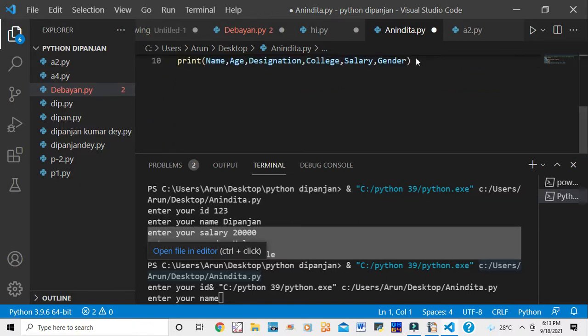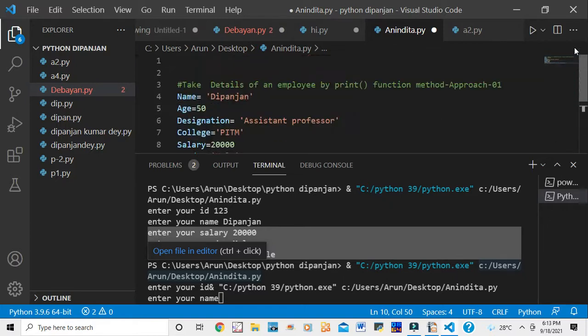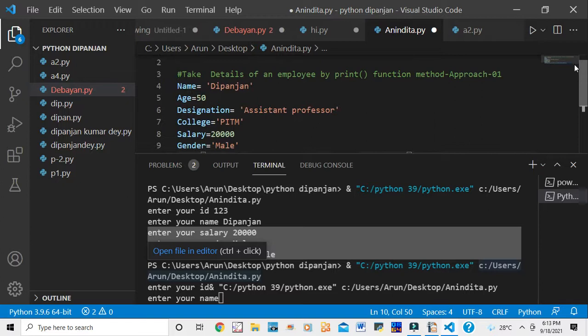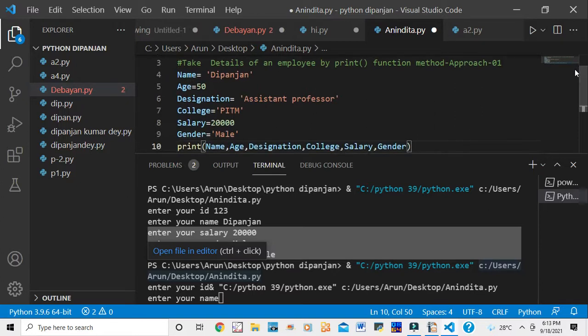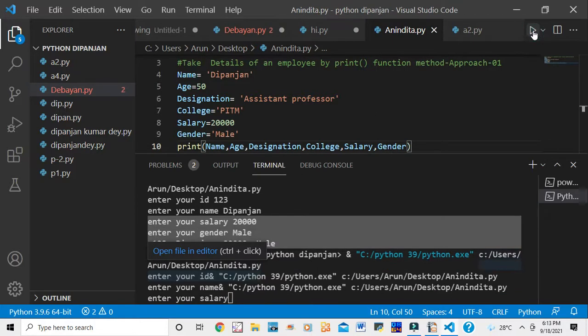Print function is there. This will not participate in the program because hash is there. Now I am just pressing the run button. Then you see it will run.